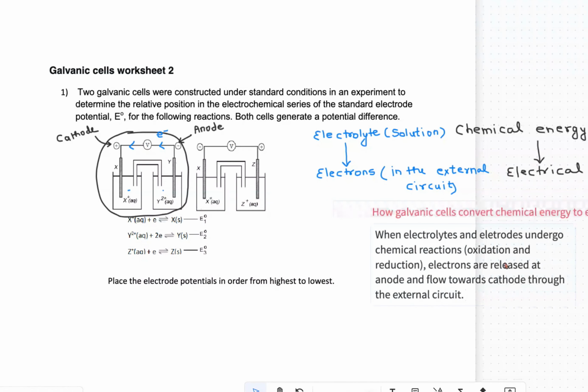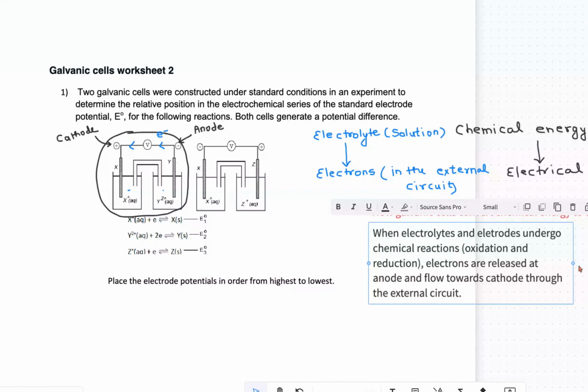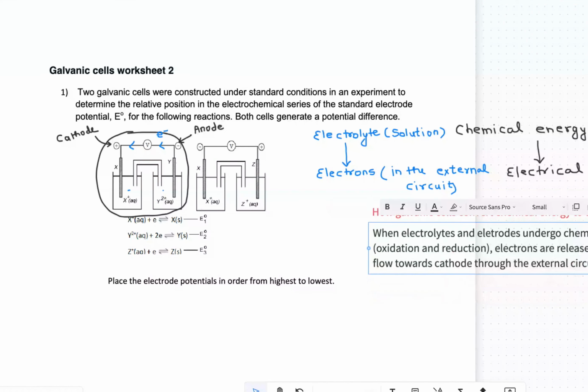That's it. That was the answer. When electrolytes and electrodes undergo chemical reactions, oxidation and reduction, electrons are released at anode and flow towards cathode through